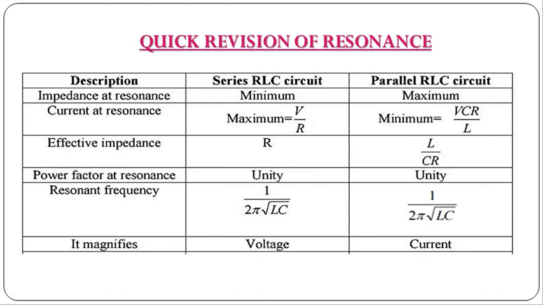Okay, so now let us see a quick revision of resonance. Here I have compared series and parallel resonance. In the case of series resonance, we have seen the impedance characteristics, let me draw here. So Z versus omega characteristic was like this. The impedance was minimum, and the value of the minimum impedance, Z minimum, is equal to R, whereas in the case of parallel resonance the impedance will be maximum. Okay, so impedance is maximum at the resonating frequency; this is omega and this is mod of Z. Here impedance is minimum, and the value of this maximum impedance, also known as dynamic impedance, is given by L by CR.